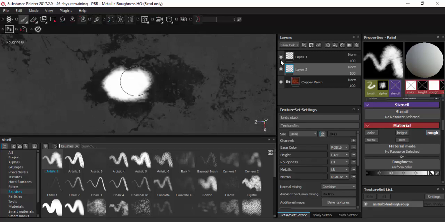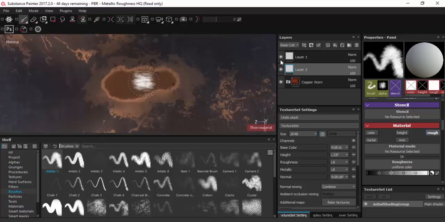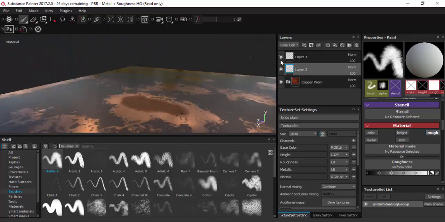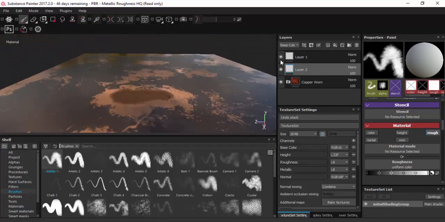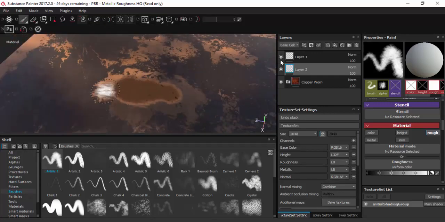Okay, so this area that's really dark, I'm going to make that very, very rough. What that means is when I hit M, look at what that area now looks like. It's super rough, so that means that there's a reflection, but that reflection is so blurred you can't really see it. Now if I switch this back to black and I start painting it,